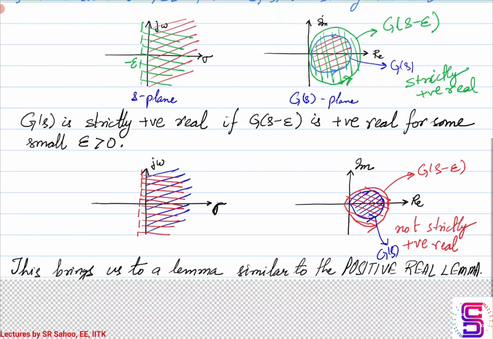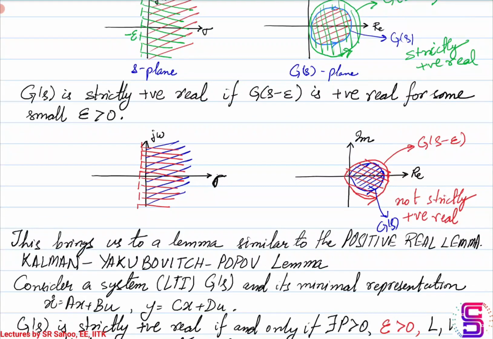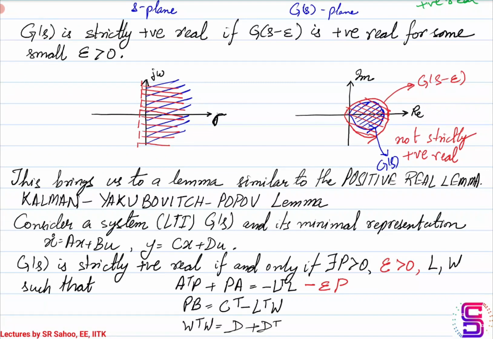Now, if you cannot find an epsilon that actually does this, then in such a case, if you map everything to the right of the minus epsilon axis, you would see that in the GS plane, some part of this mapping would not be contained in the first and the fourth quadrant. For example, in this sketch, the blue shaded part is the right half of the S plane. I label this as the S plane, and the red shaded part starts slightly to the left of the S plane.